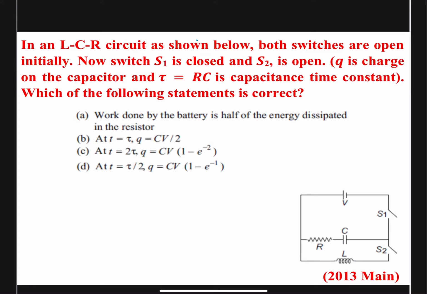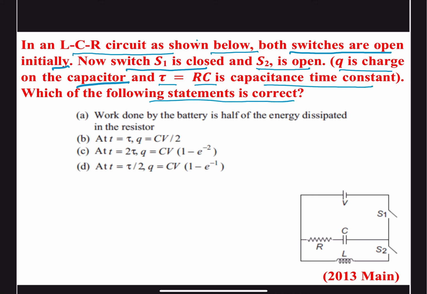Hello friends, in today's question, in an LCR circuit as shown below, both switches are open initially. Now switch S1 is closed and S2 is open. Q is the charge on the capacitor and tau equal to RC is the capacitive time constant. Then which of the following statements is correct? So we are given this circuit